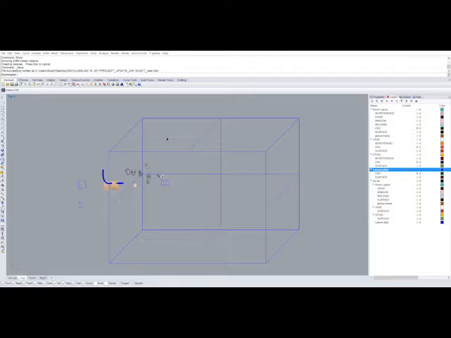So I just exploded it, and then there's that interface. So now it's all apart. So you just want